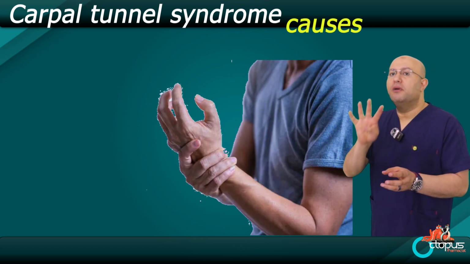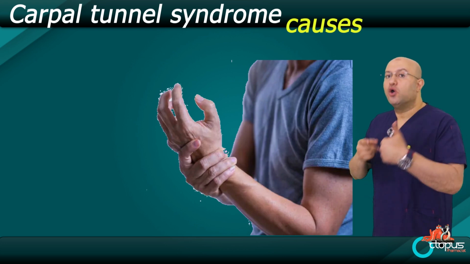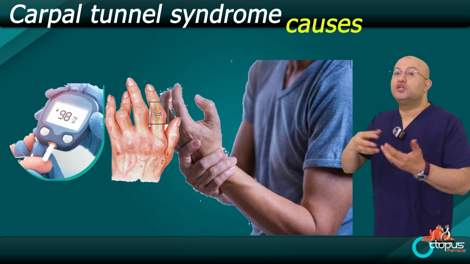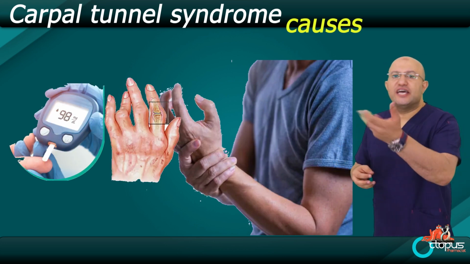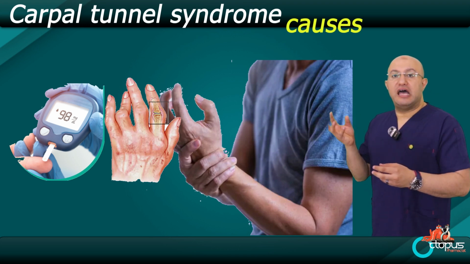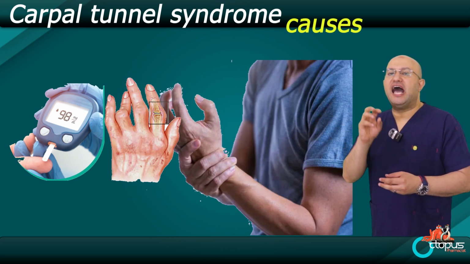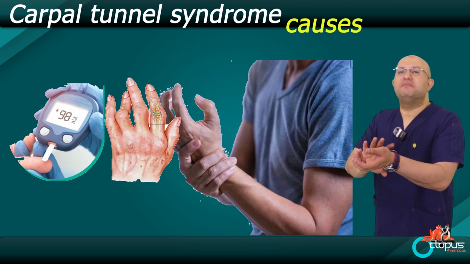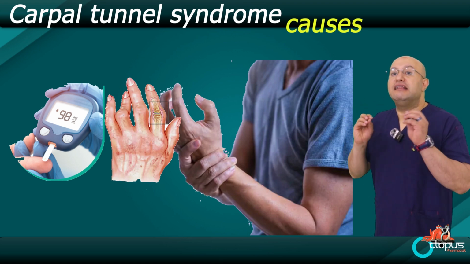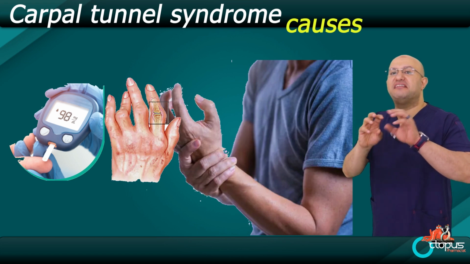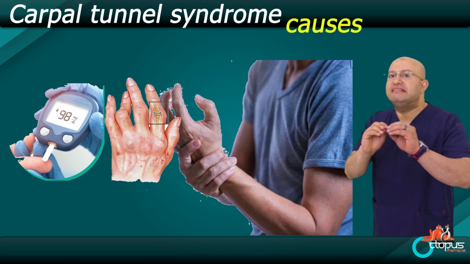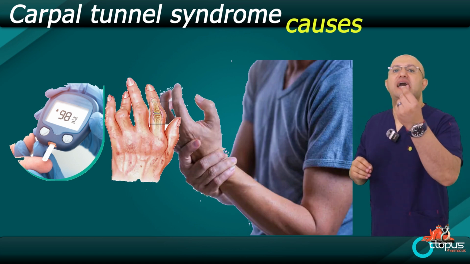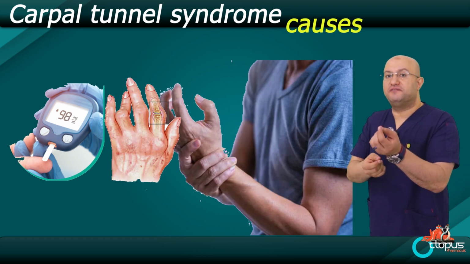This compression reduces both nerve signaling and muscle strength, leading to functional impairment. Causes of carpal tunnel syndrome. Several factors contribute to the development of carpal tunnel syndrome, but the main causes can be categorized into four primary groups. Underlying medical conditions. Certain diseases increase the risk of CTS, including rheumatoid arthritis, an autoimmune disorder where the immune